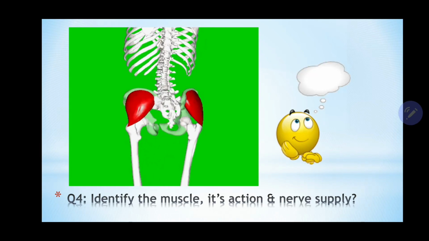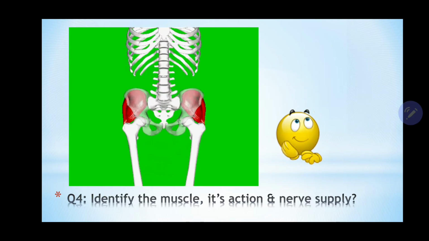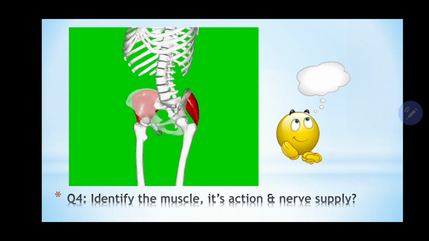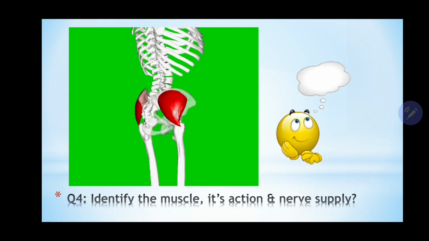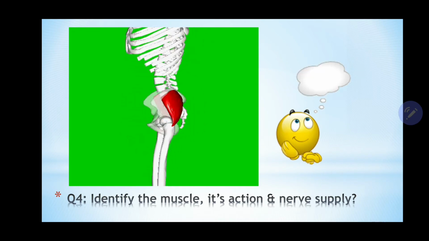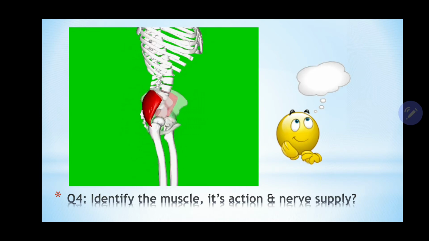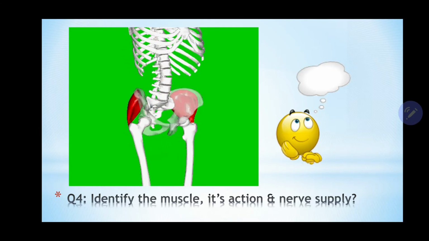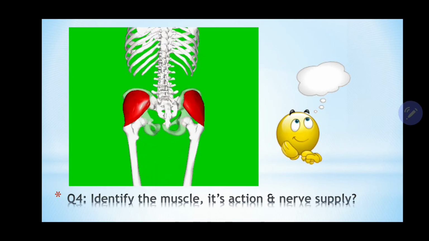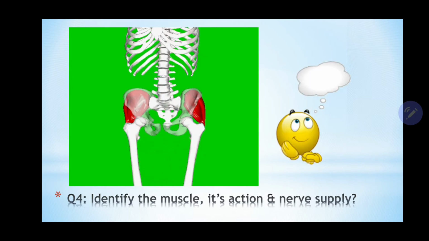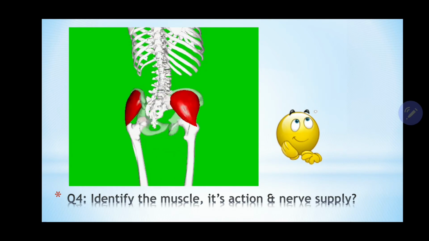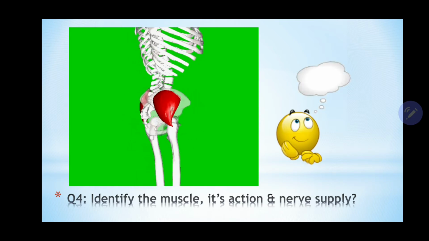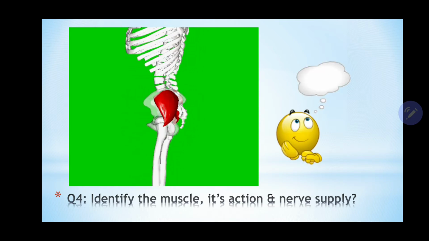Okay, so the action of this muscle is not similar to that of maximus. It's a different muscle, the orientation of the muscle is different. So remember, this muscle is a powerful abductor of the hip joint, and it's this muscle which helps you in walking and running and maintaining the balance of the pelvis, right? So this is an abductor of the hip joint. Apart from that, this action is performed along with another muscle deep to it,